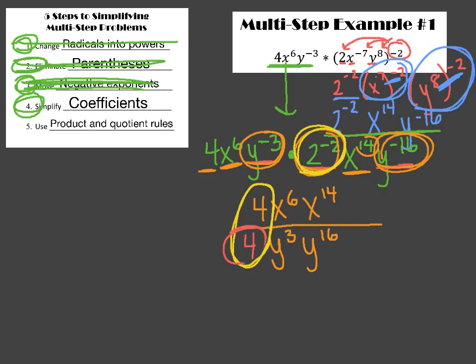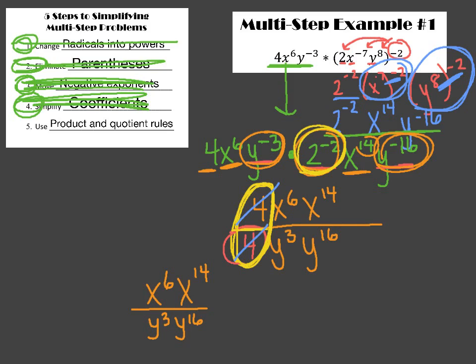So now if I look at this fraction here with my coefficients, what I really see is 4 divided by 4. Well, luckily for me, 4 divided by 4 makes the number 1, and these things cancel out. So what I'm left over with is just all of my variables. I'm left with x to the 6th, x to the 14th, all divided by y to the 3rd, y to the 16th. And I'm done with step number 4. I've simplified my coefficients. And the last thing that I have to do is step number 5, which says use